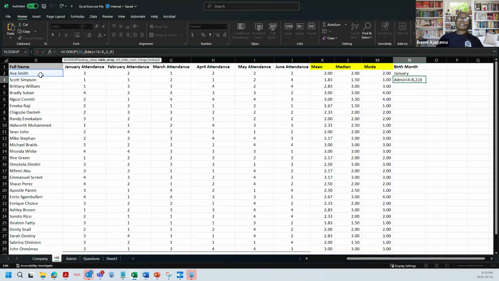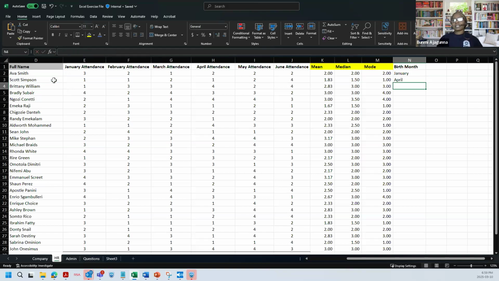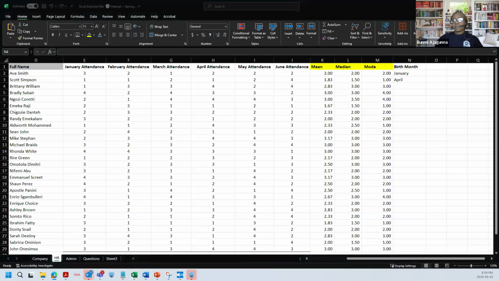If I don't want Eva Smith and I want actual Scott Smith, I can come here. Easy way to fix this. When I hover around this cursor, my cross changes. It changes from a white cross to a black cross that has arrows at all angles. So when I have that, I then drag it down to Scott Smith. That's the Scott Smith I want. And then I press enter. It fixes it. So it's now showing me Scott Smith. All right. Okay.